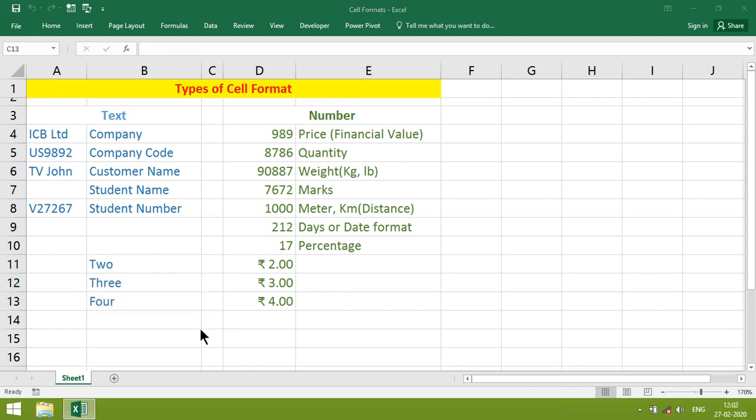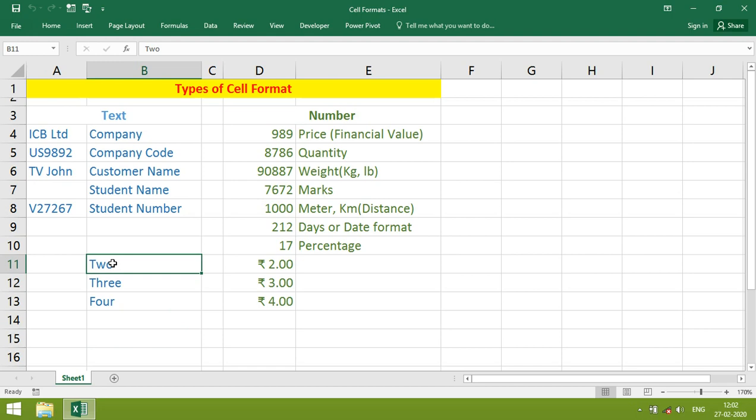What are the limitations for using text in formula? When you give reference to this text, you can use only equal to. Other than that, it will not accept it. Like greater than or less than, simply because it has no value at all.